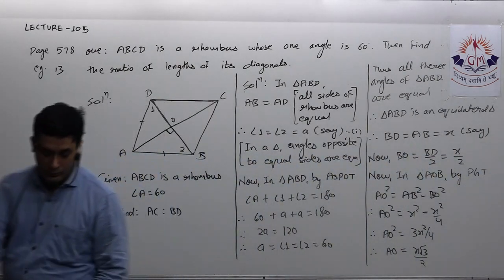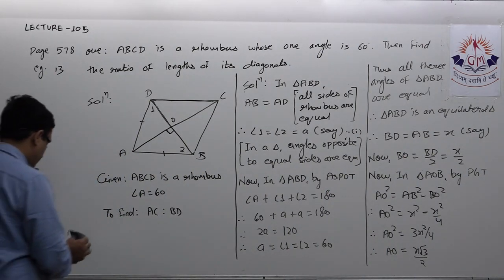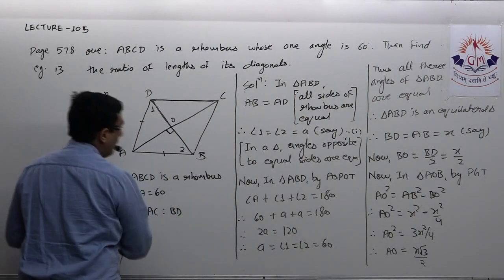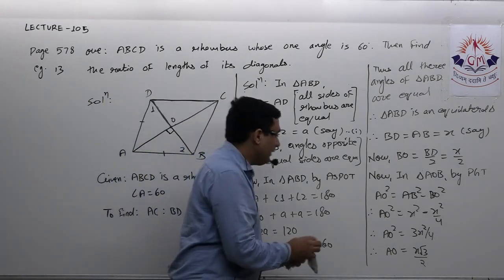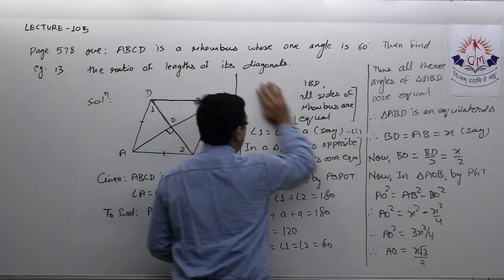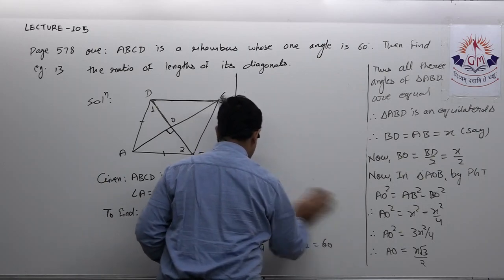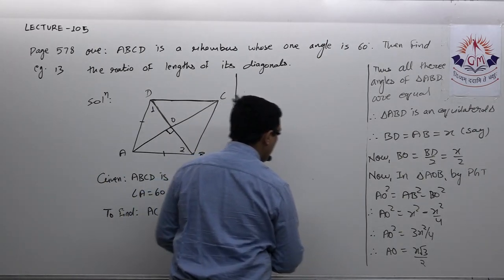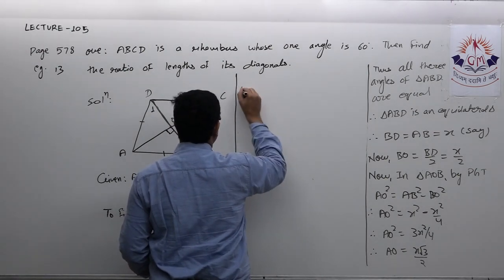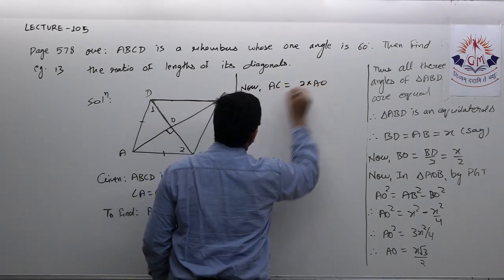Okay, so now we'll see the next question. Before moving to the next question, let me complete this. Okay, AO is equal to this, therefore AC is equal to twice of AO,